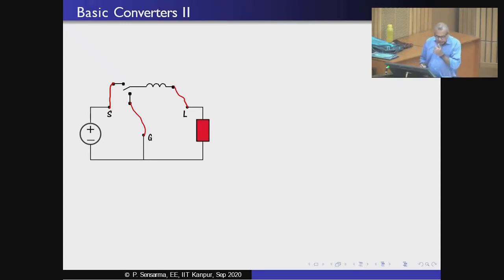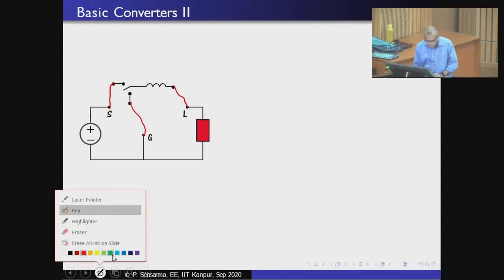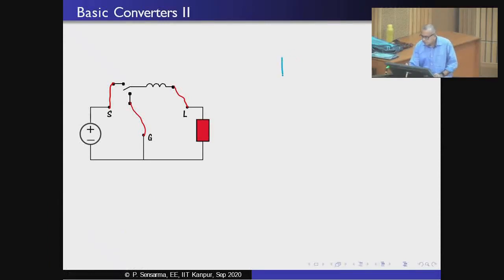So, what does this combination of particular switch cell orientation and the circuit primitive, what converter does it give us, or what topology does it give us? So, let us see that. So, you have the node S here, these are the two throws of the switch, that is the node G here, that is the pole of the SPDT, the inductor is connected here, and the load terminal,